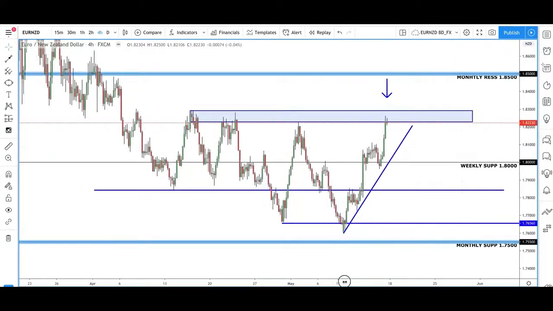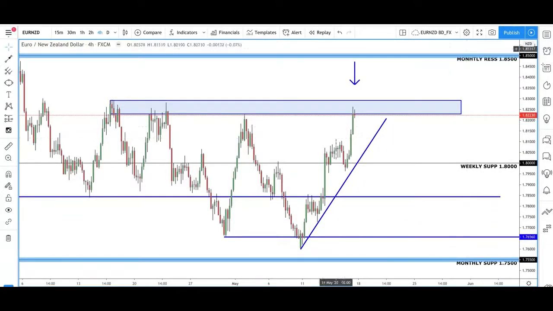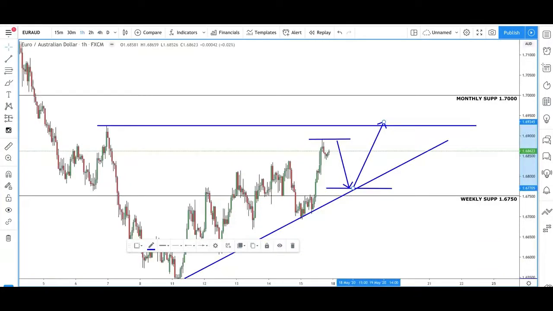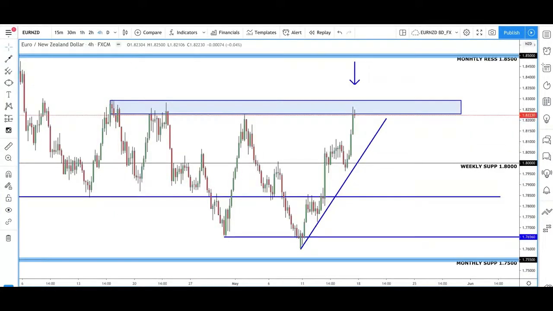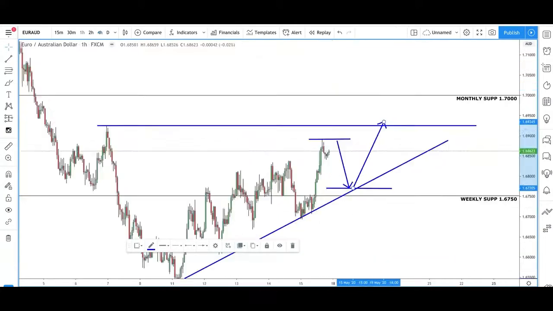And here, now that we're at this level, even though we do trade a bit like Euro AUD, with Euro NZD here, we are at a strong level of resistance. So it's very, very important to watch this pair around this level coming into the early part of the week. I do think that there is more upside still here. However, as we are at this strong area of resistance, I do think that along with Euro AUD, we can see a bit of downside movement first before pushing up higher.